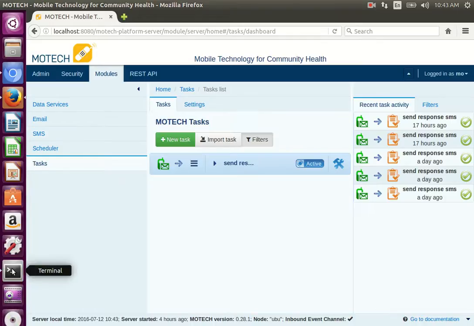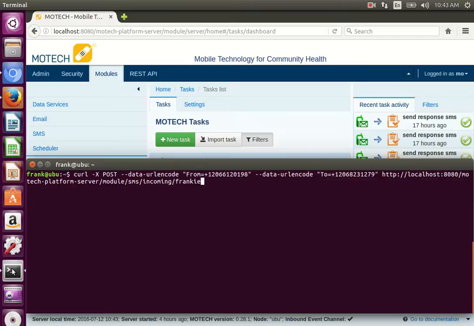So remember, from the prior video, we're going to pretend we're an SMS provider that just received an incoming SMS and send an HTTP request to MOTECH using the curl command with a from number, that's my phone number, and a to, that's our SMS number that we register with our provider. And this is the MOTECH HTTP endpoint. It's basically your MOTECH server